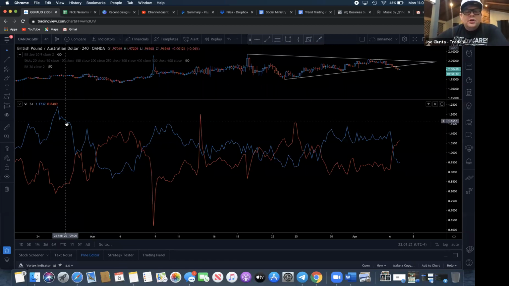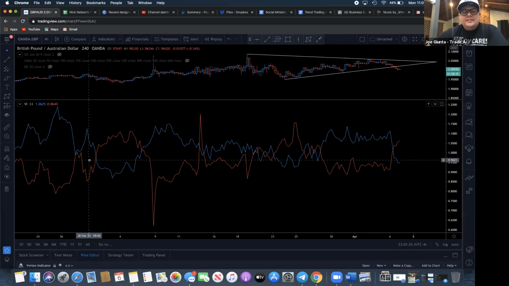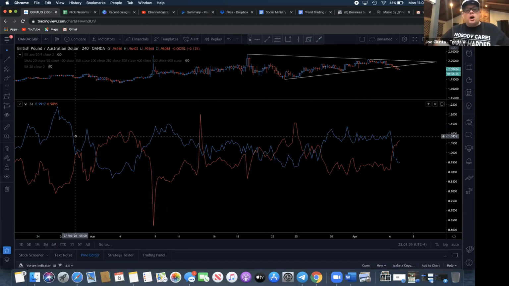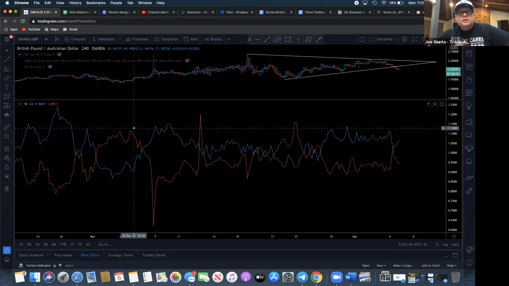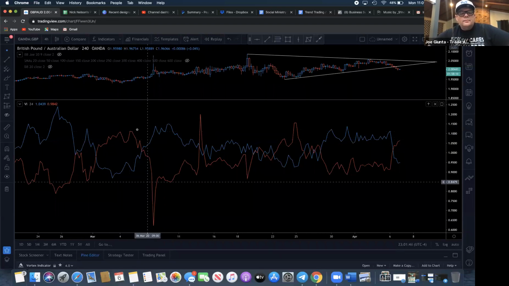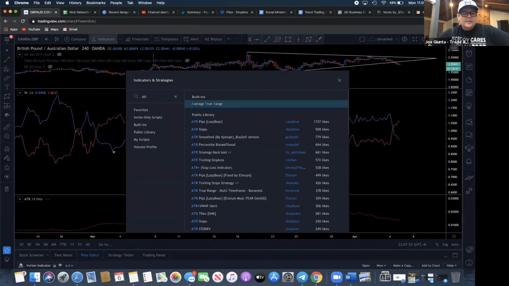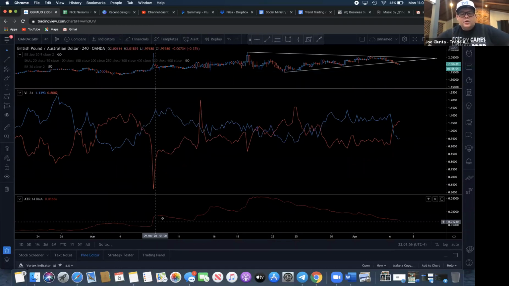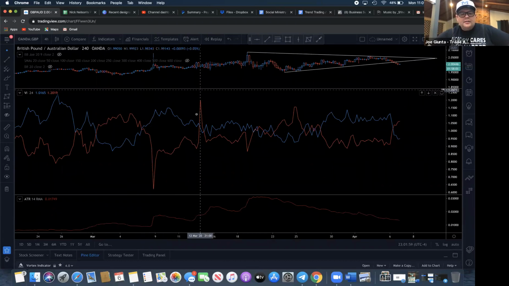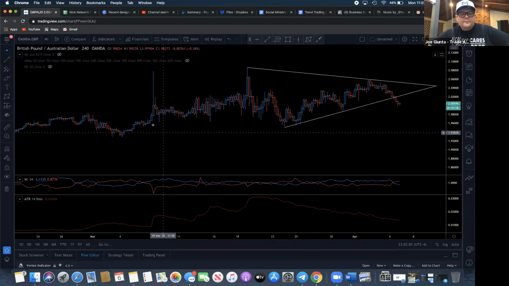So the blue line, remember the ATR? These numbers are based off of ATR numbers. The numbers that dictate the Vortex numbers is basically the ATR. But the problem that I have with the ATR, although it's a very powerful indicator, is that all it does is show me volume. So on the ATR, in fact, let me just slap that back on there real quick. Notice on the ATR, there's only one line.